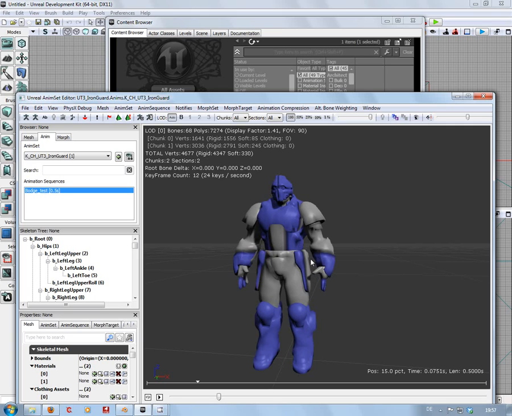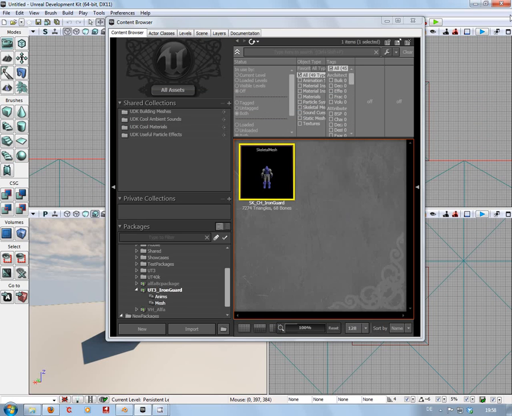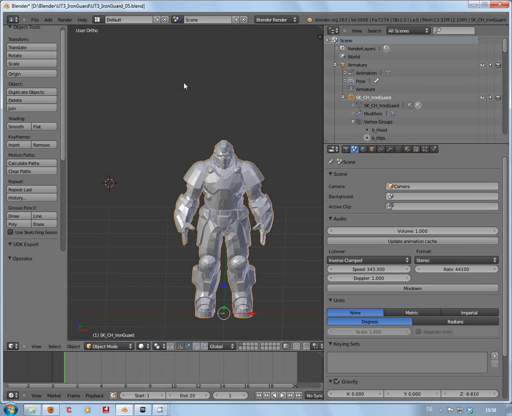I'm not going to actually put the textures and everything on there, but we're going to export an animation, not this animation because it's absolutely crud, just to show the whole process. I've had a quick run through, as you can see here, and to show that it does work with Blender